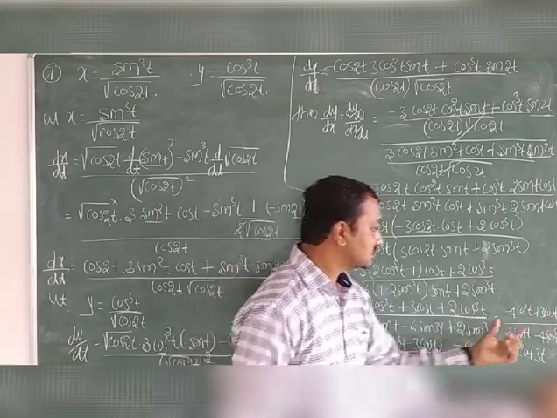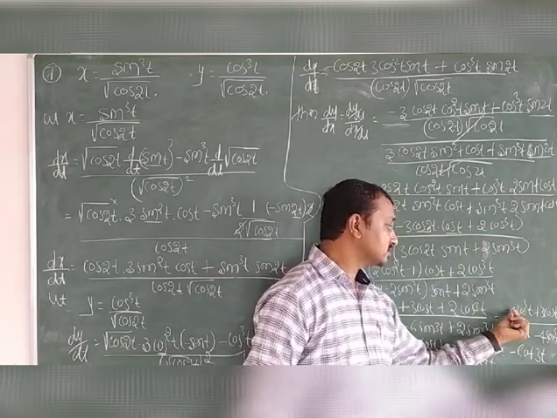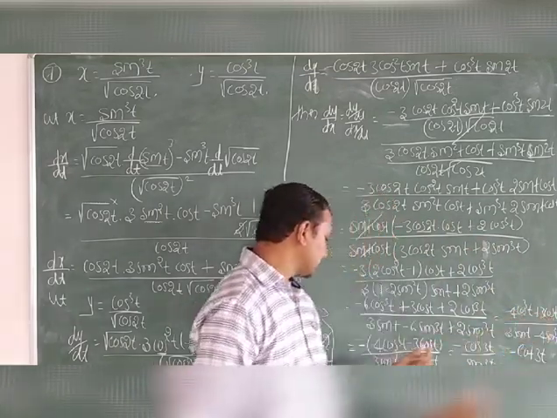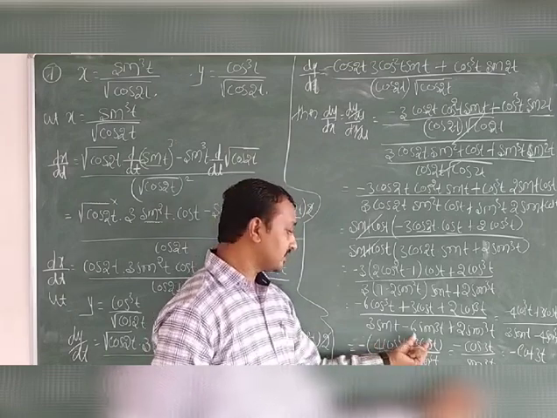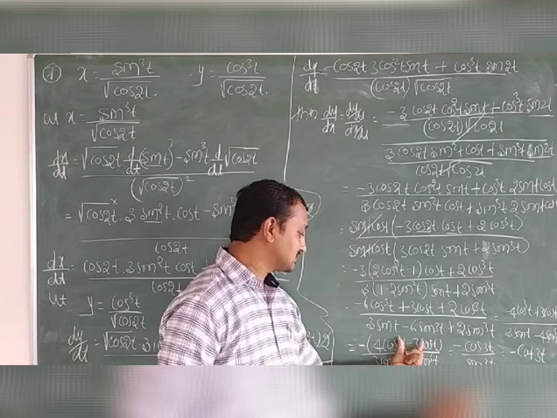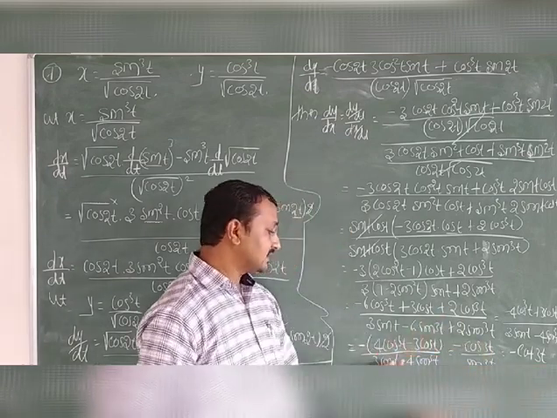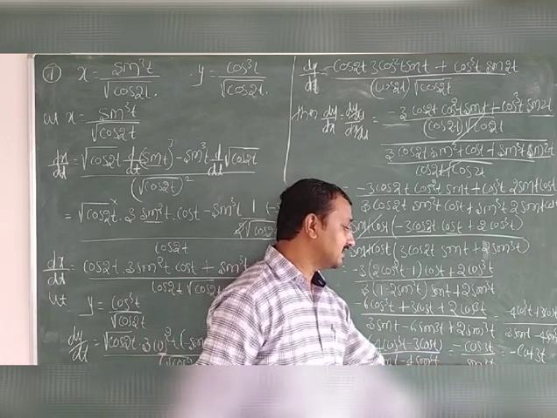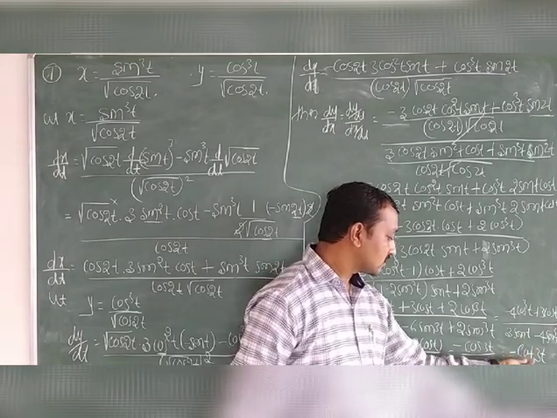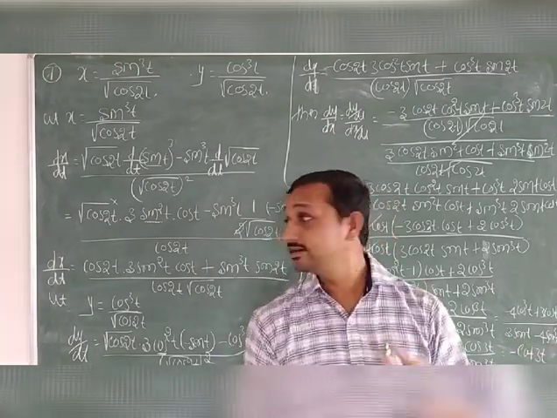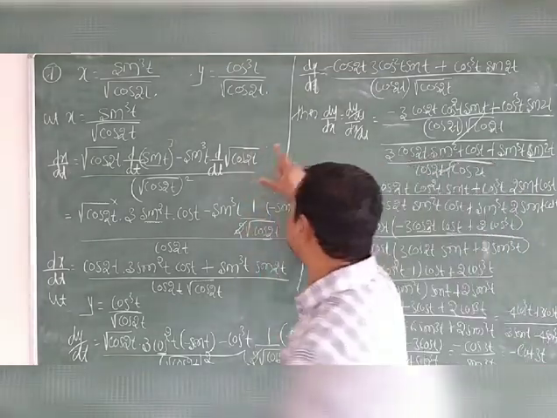Is that clear? So this is not yet a formula, so our formula is there. What is that? Take minus as common. So this will become plus, this will become minus. So take minus as common, 4 cos cube t minus 3 cos t. So 4 cos cube t minus 3 cos t is the cos 3t formula. Whole divided by 3 sin t minus 4 sin cube t, which is the sin 3t formula. So the minus sign as it is, cos 3t divided by sin 3t is cot 3t. Is that clear?